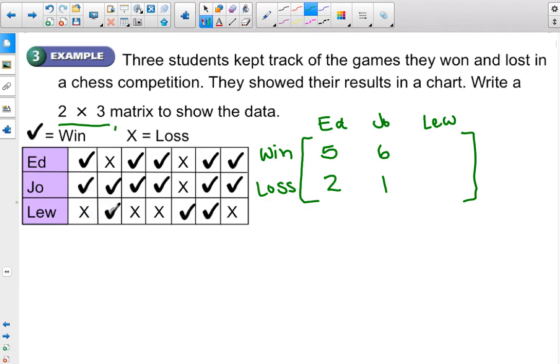Lou has 1, 2, 3 wins, and 1, 2, 3, 4 losses. So that is using a matrix to display data that was presented in a chart. Like I said, just another way to present that data. And finally, example 4